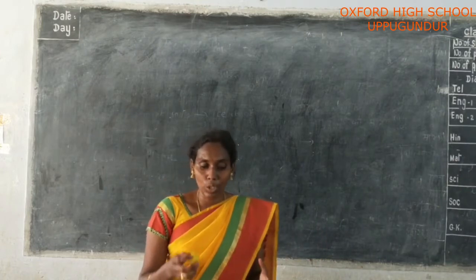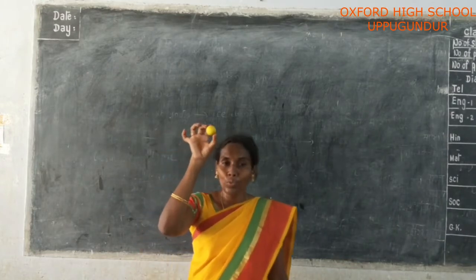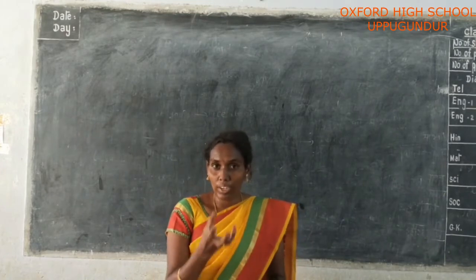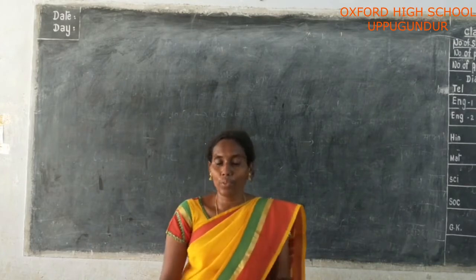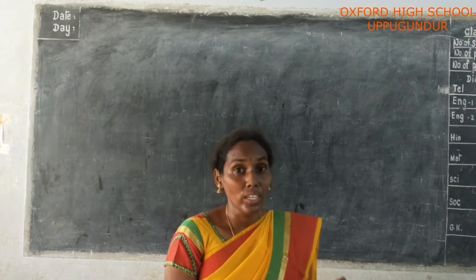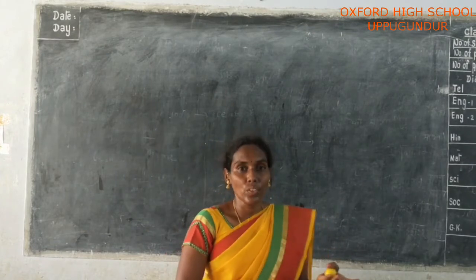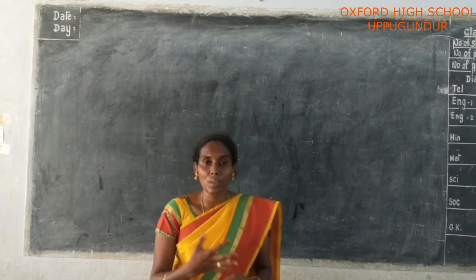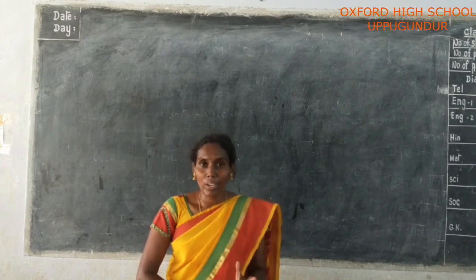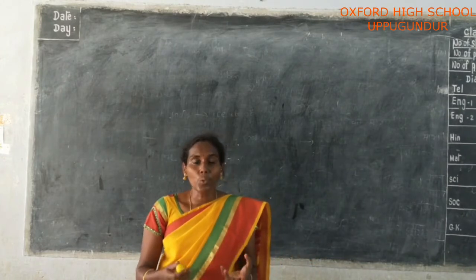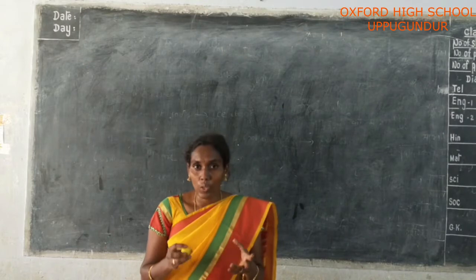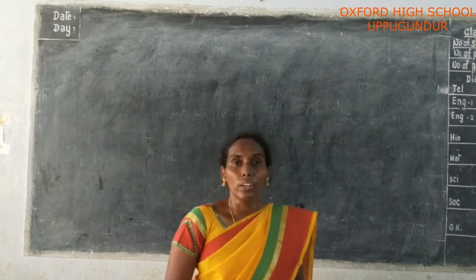Look at the board. Here first the size of the lemon was increased when it is dropped into the water, and next the 5 rupees coin appears raised when it falls into the glass of water, and then here the pen is bent at the interface line, and next the stars twinkle, and next, depending on the seasons, daytime is greater than the night time. What are the reasons behind this? These are all good examples for the explanation of refraction.